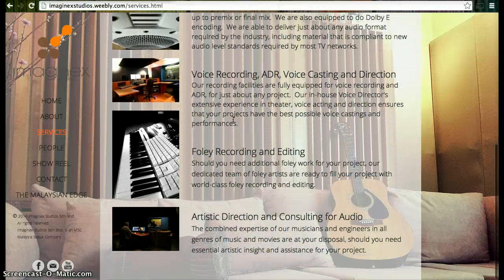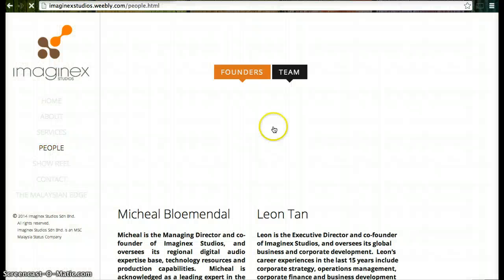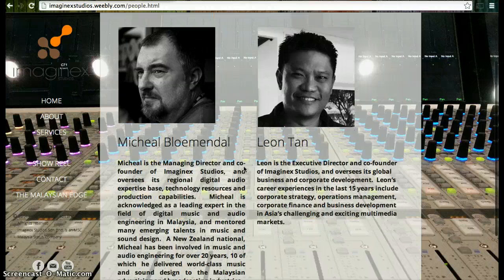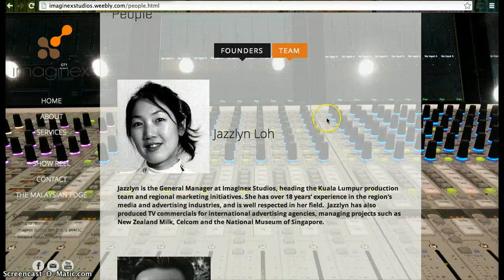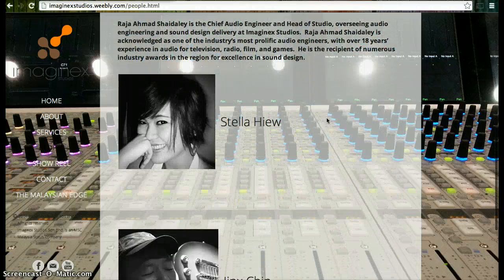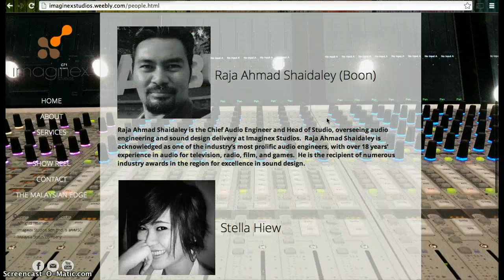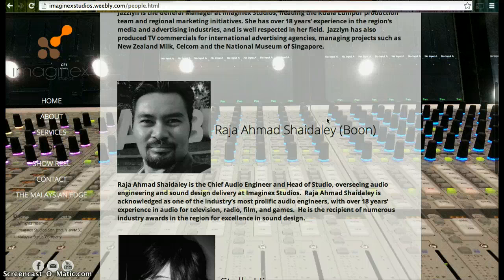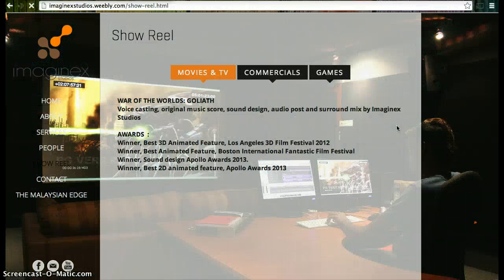They also provide short bios of the founders and team members along with their headshots under the People's page. So here are the founders, and here you can see the team members. I like how all the headshots are in black and white. They also provide their show reel, which consists of various projects they have worked on. Some of these projects include movies and TV,